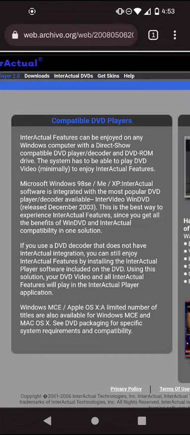if the DVD encoder capability did not have InterActual integration, you could still enjoy the InterActual features without the InterActual integration. Actually, speaking of which, I had a CyberLink Power DVD program for eMachines computers only that were Windows